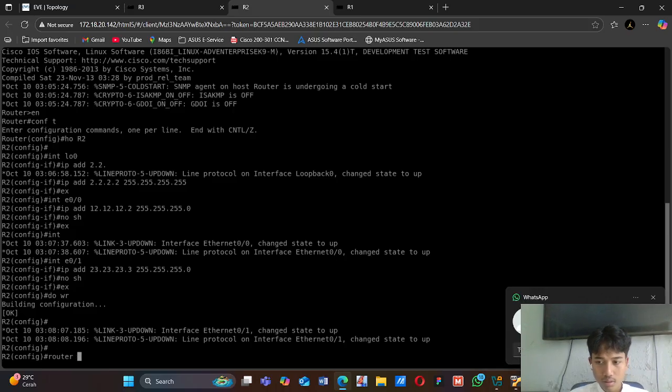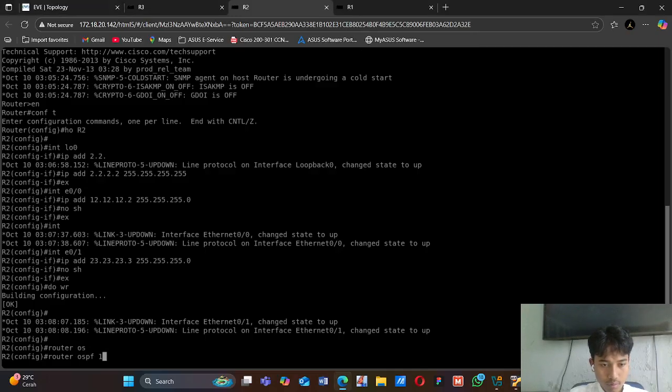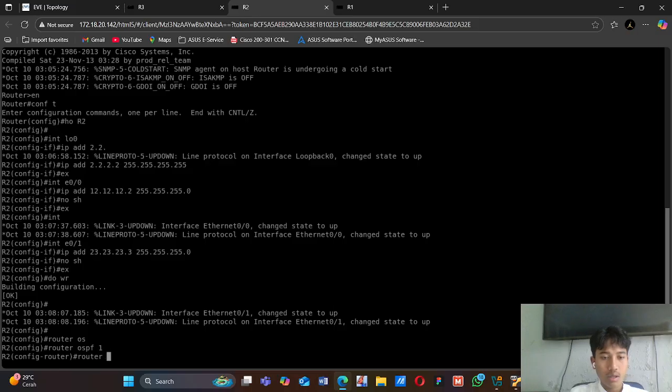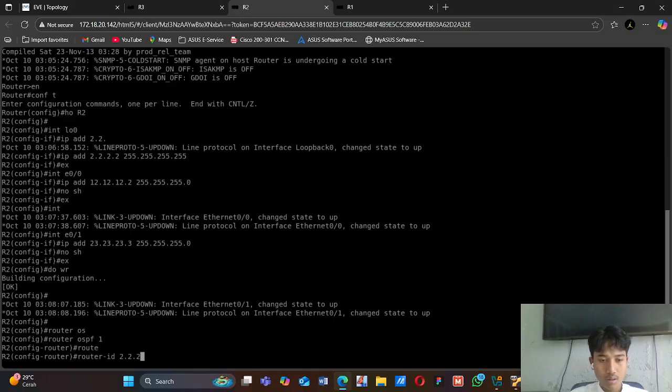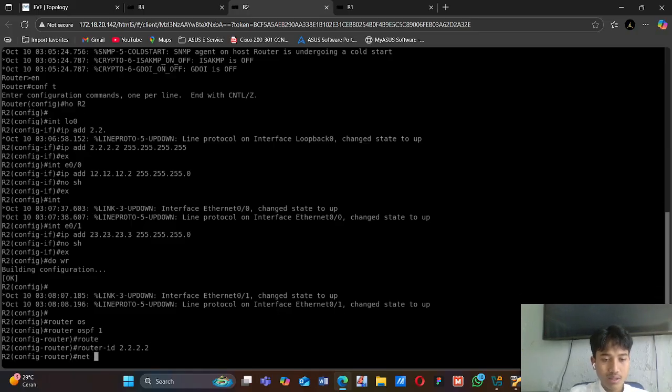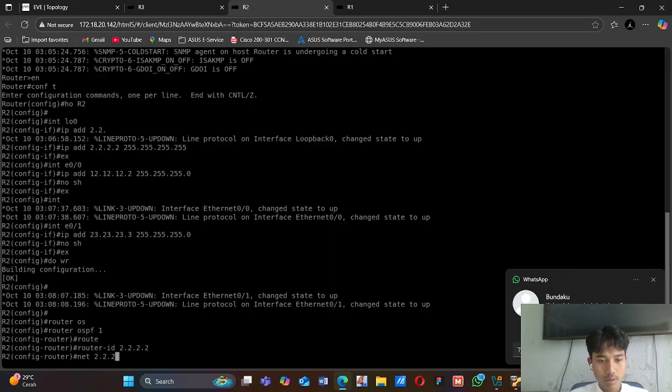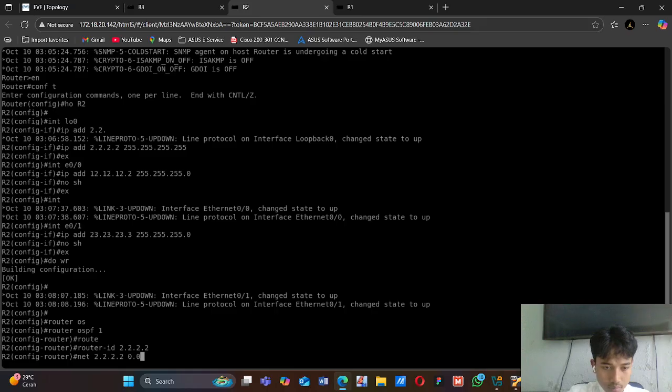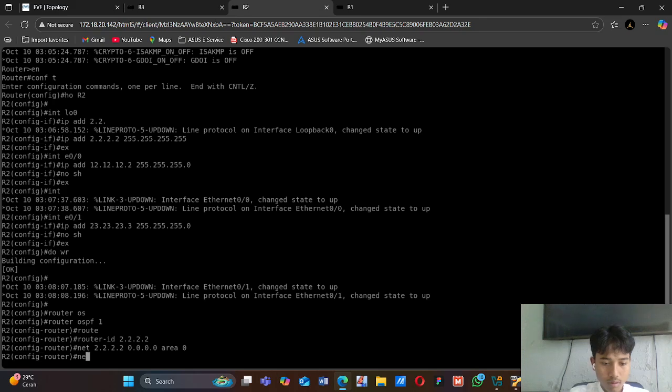We will add router ospf 1 and then add the router ID, and then advertise the network of the loopback first. Area 0, and then the network that connects to router 1.